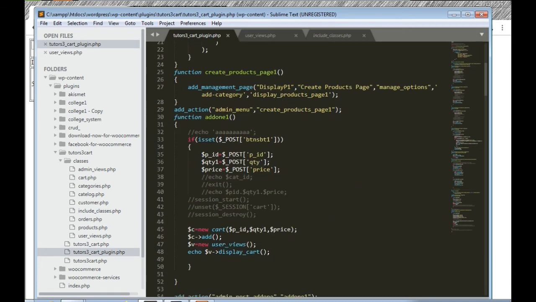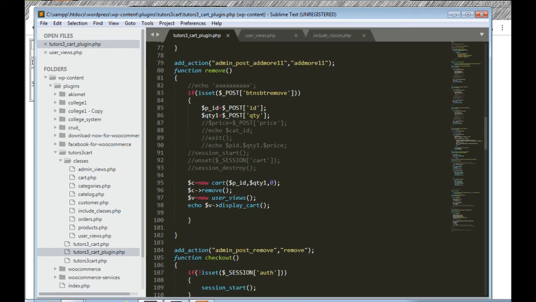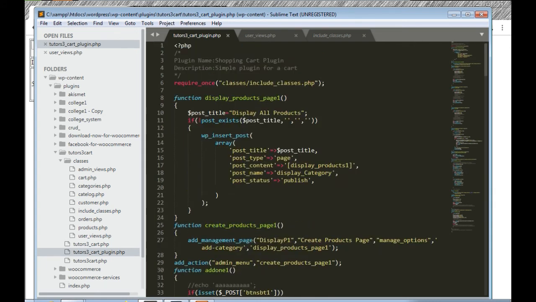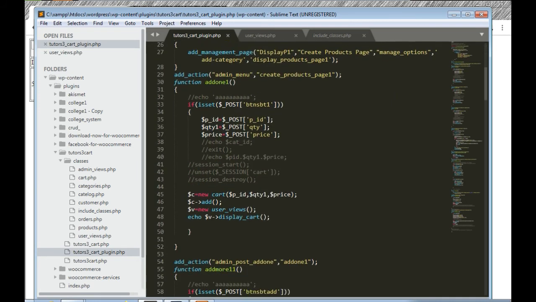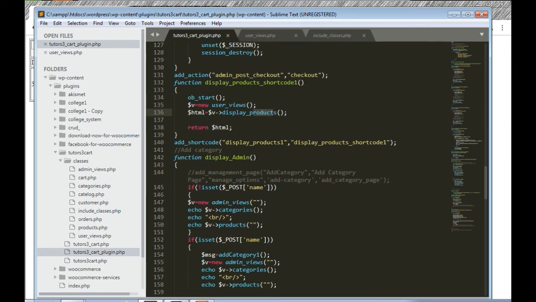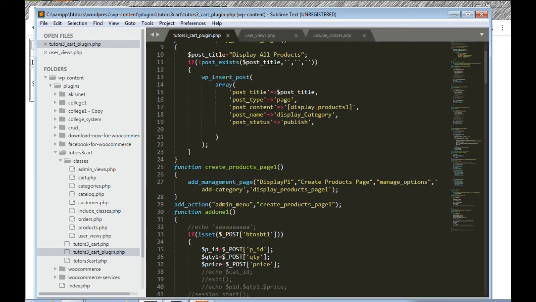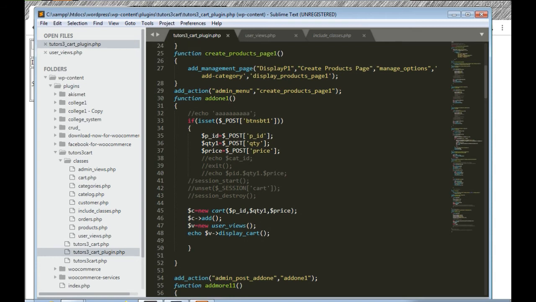And how do we insert the short code? So if you see add short code, this is add short code display products 1. This display products 1 will be the content of this post. Post content, display products. After adding the short code, we created different functions for